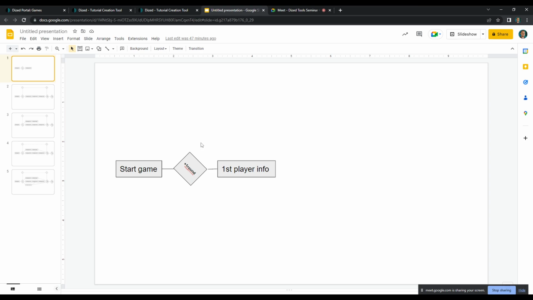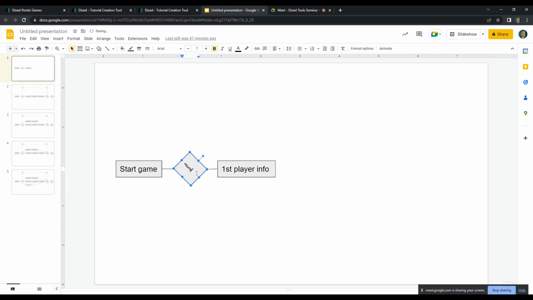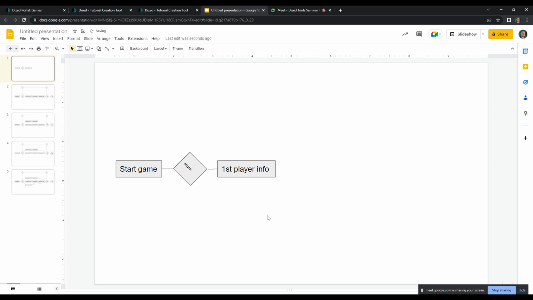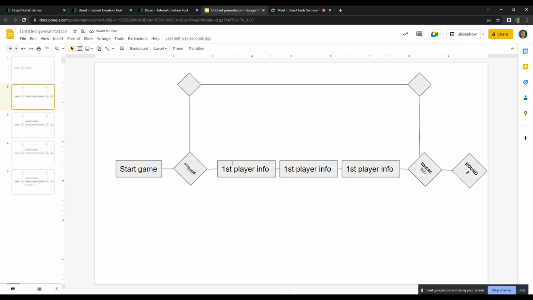And well, actually this should be a turn. Well, anyway, I'm gonna fix it. Where we will track the player's turns and rounds. So whenever the flow goes through this, it will add +1 to it. And then it will give the first player information. And after it's done giving first player information, the flow will end up here